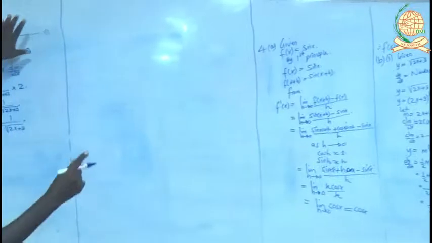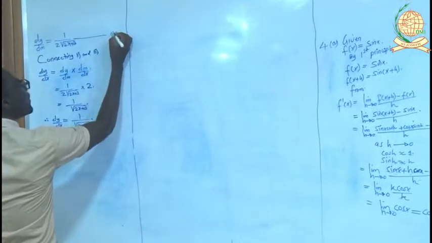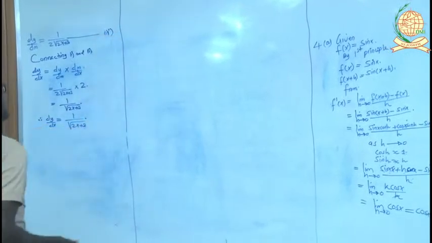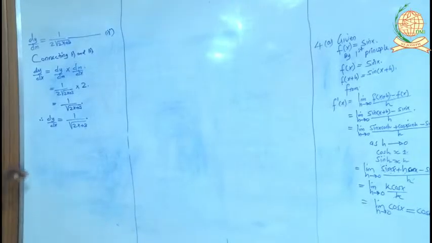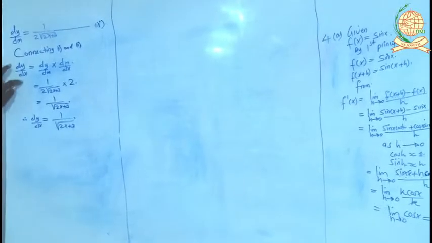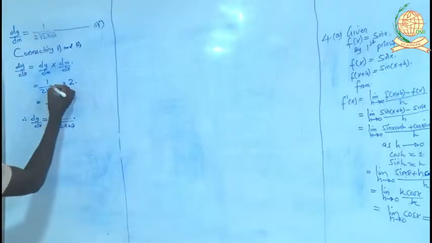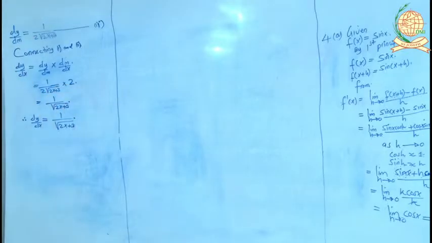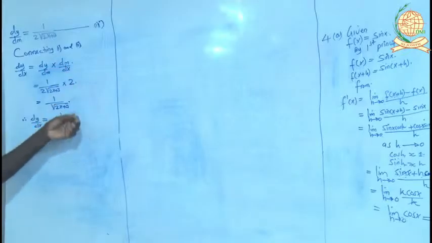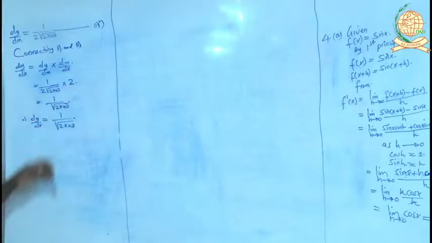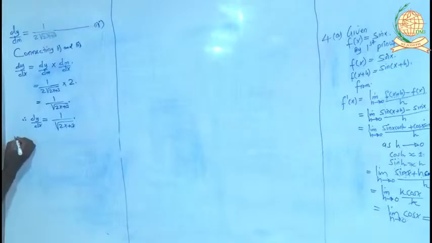Now you connect equation 1 and equation 2 by using the chain rule to get dy dx, which is dy over dx will be equal to dy over dm times dm over dx. Dy over dm, this one here, 1 over 2 under root of 2x plus 3, then times dm over dx, 2. 2 and 2 will cancel, then we remain with 1 over that one. So dy over dx will be equal to that. Roman 2,